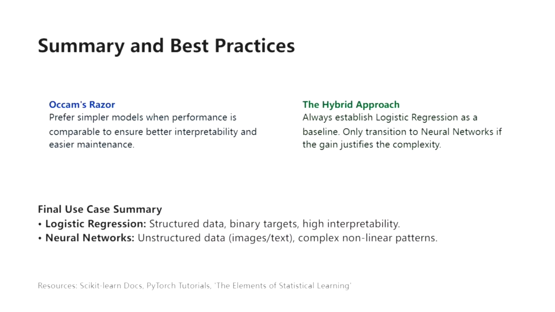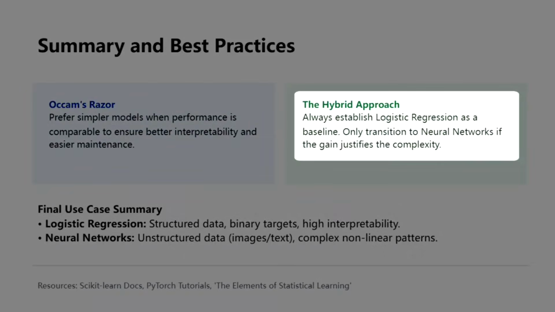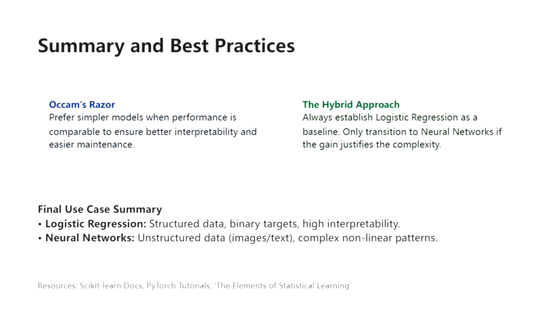As we discussed when looking at decision boundaries on page 3, a simpler model is often more robust and much easier to explain to stakeholders. Practically, I recommend a hybrid approach. Never jump straight into deep learning. Always establish a logistic regression baseline first. This gives you a performance floor and helps you determine if the extra complexity of a neural network is actually